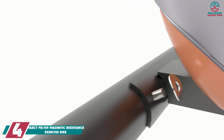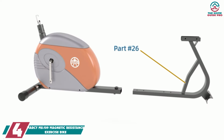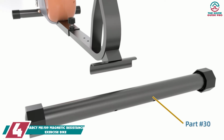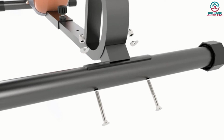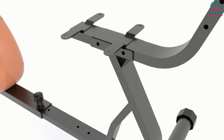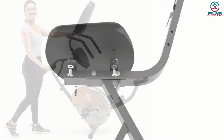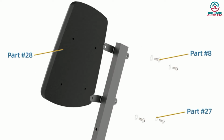Moving on at number 4, we have the Marcy ME709 Magnetic Resistance Exercise Bike. Let me present the budget killer. Yes, I am talking about the Marcy Recumbent Exercise Bike. The bike is inexpensive, still has all the features included for both novice and experts. The build quality of the recumbent exercise bike is fantastic with top-grade materials. It will last several years without any problem. The Marcy Recumbent Exercise Bike is ideal for people with different heights and weights. There are 8 levels of magnetic resistance included in the bike so that the users can set according to their